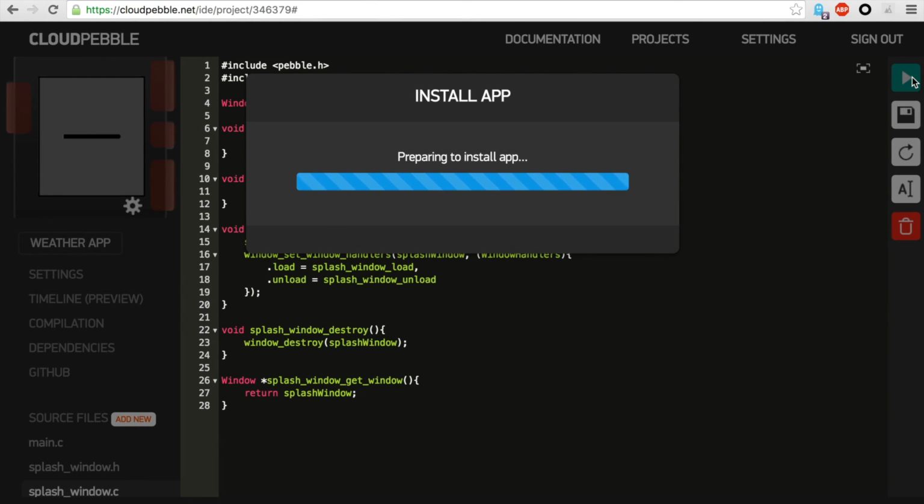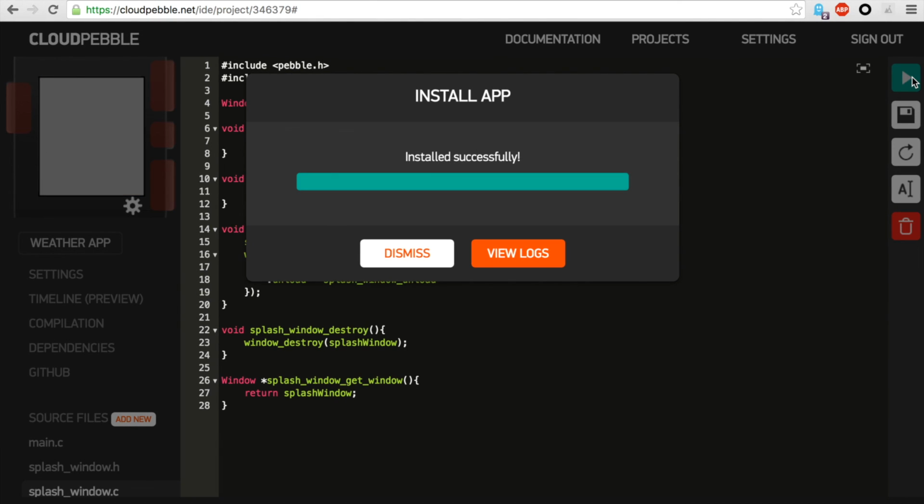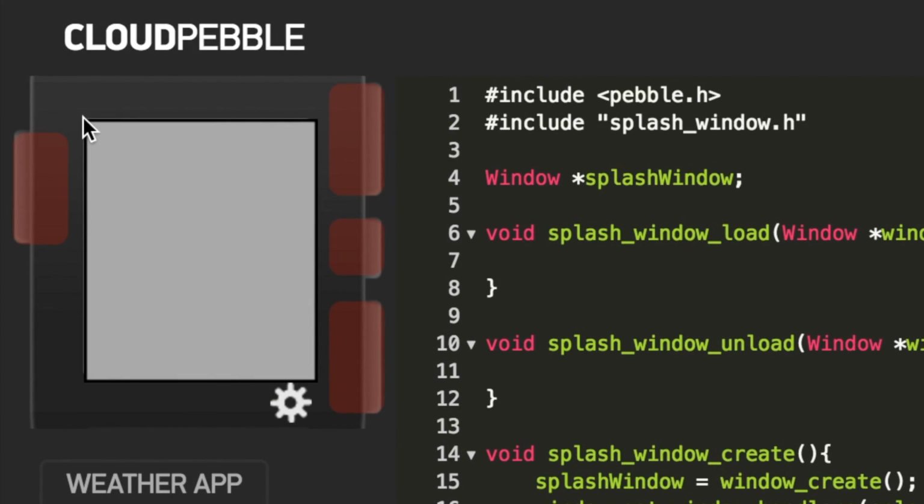Okay, so now, sweet. This is our awesome weather app. You can see it's pretty advanced. It's a white screen. Not very exciting, I know. So let's set up something in our splash window load function. What we're going